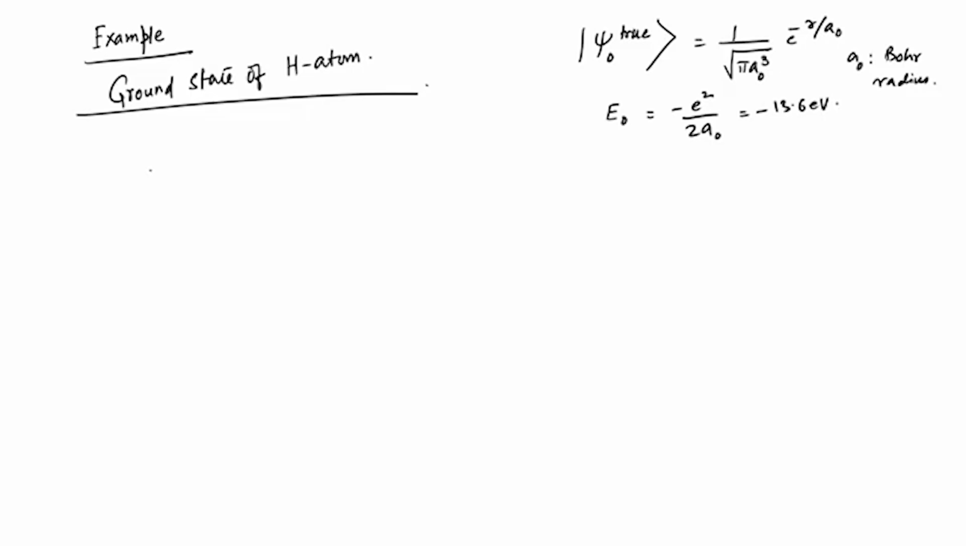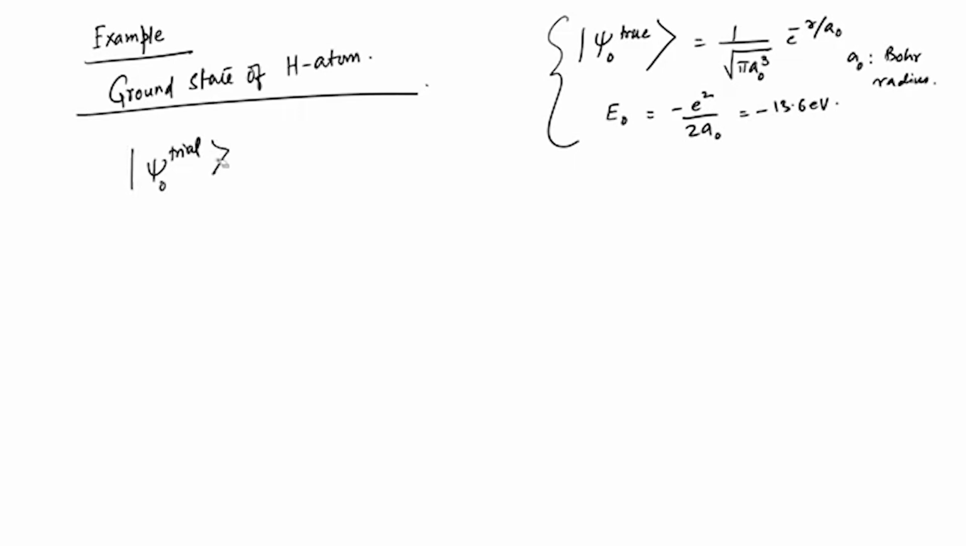Okay. So, let us take a psi trial. Suppose for the moment we do not know this. Okay. So, we are not aware of this, and we need to solve the problem. We need to get an upper bound to the ground state energy of the hydrogen atom. So, we propose